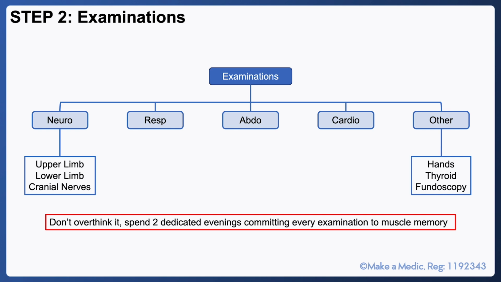Next, we move on to committing the examinations to muscle memory. The 4 main examinations should be your priority. However, be aware of the fact that some examinations like thyroid, hands and fundoscopy could crop up, particularly in the clinical consultation station. The key point I make with this step in the PACES plan is that you should not overcomplicate it. You would have learned all of these examinations at medical school, and the routine really isn't any different